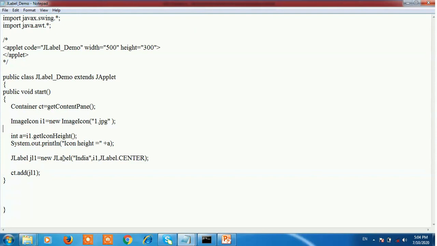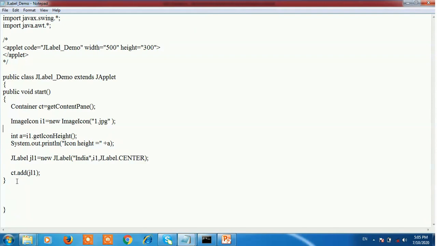And JLabel has 3 parameters: India, which is the string, the ImageIcon object i1, and JLabel.CENTER, which is the alignment of the label.